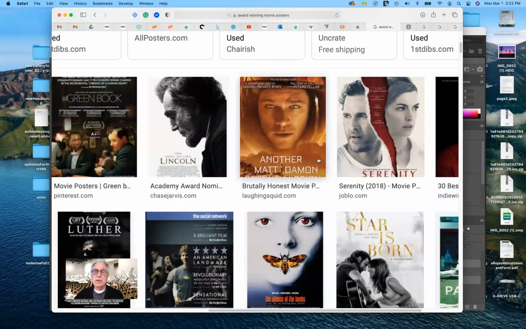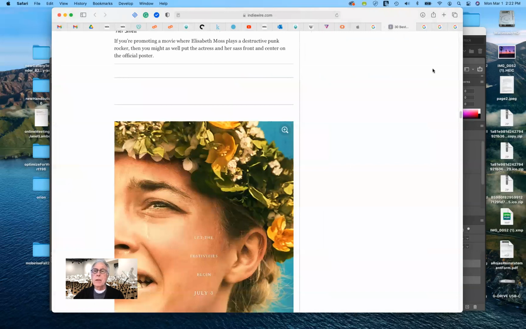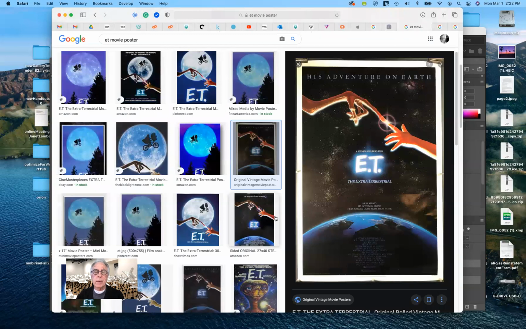Okay, so those are some that we can come back to, but I wanted to show you a couple of others. Let me go to here. And this is where it really dates me. Some of my favorite movie posters go back to the 80s before Photoshop, because back in the 80s was when I was an illustrator. And I think one of my favorite movie posters of the day was something like E.T. And there were about 3 different versions that I thought were really powerful.